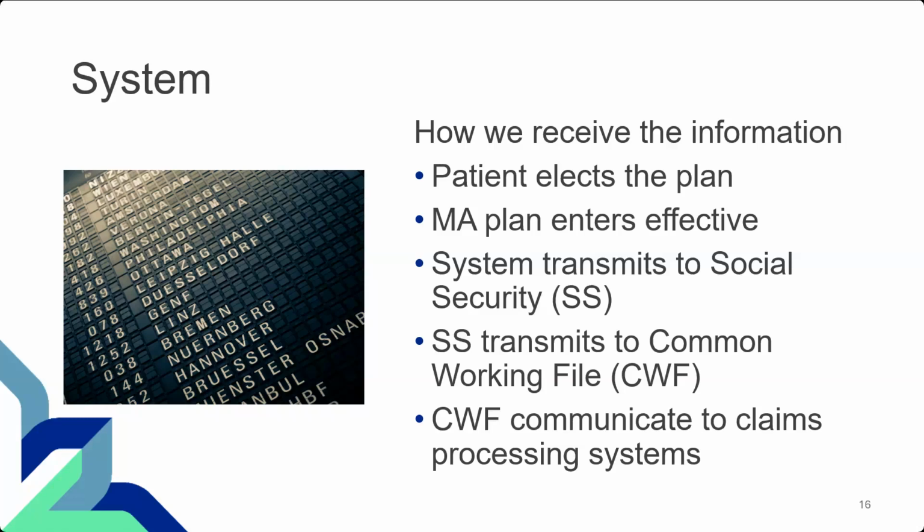Once it transfers or transmits it to the Social Security information, the Social Security actually transfers that information to what's called a Common Working File, or CWF, and that's that communication hub. Once it's in the communication hub, it can stop all traditional fee-for-service claims from processing. No, we can't do that. Now, it will stop them from adjudicating, saying, go back to the MA plan that the patient has. And that's where you sometimes have to be like, well, what do I do next? Well, next is you need to figure out what's in the system and is it accurate in order to move forward. So that's where we do have some kind of tips and stuff to work with a little bit, okay?